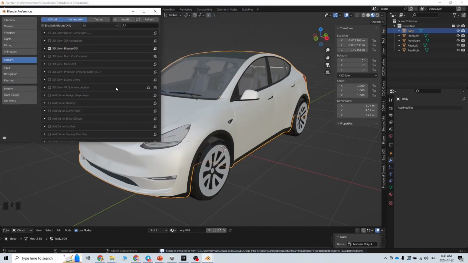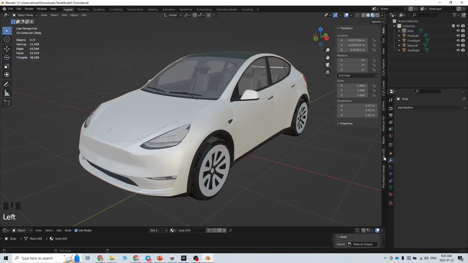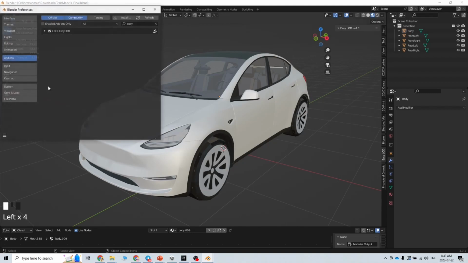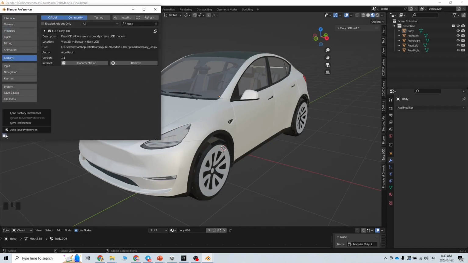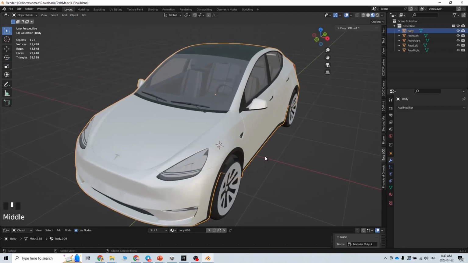You can install the add-on, and then once it's installed, you can see that the add-on is there, right? So once you install the add-on, it will come here. Usually what you need to do is when you, for example, install some add-on, then you can come here and then save preferences. So the easy LOD is there. Now you need to